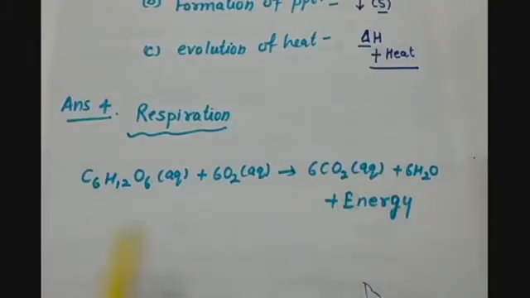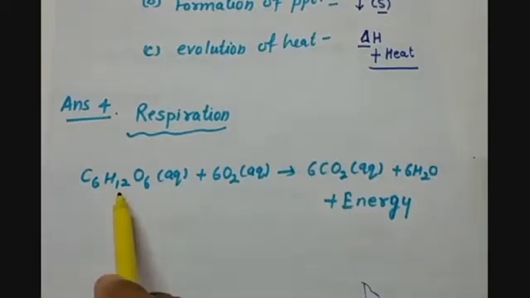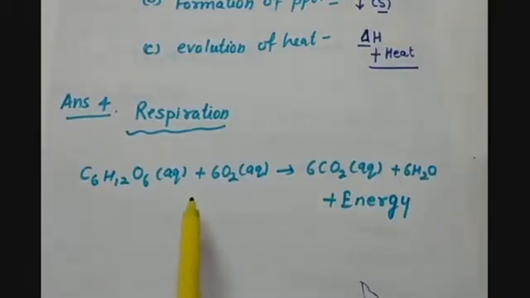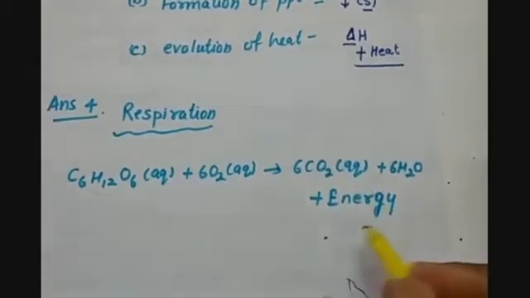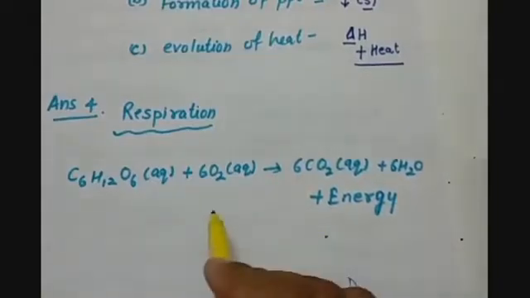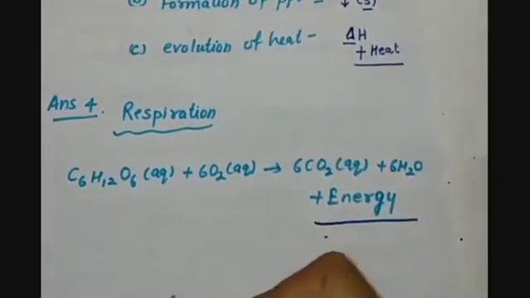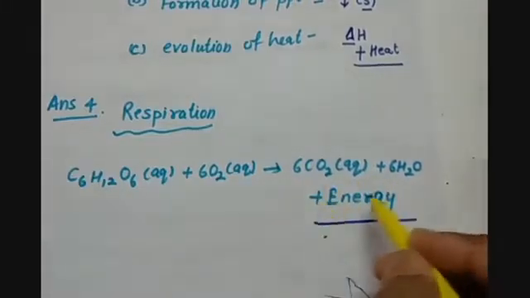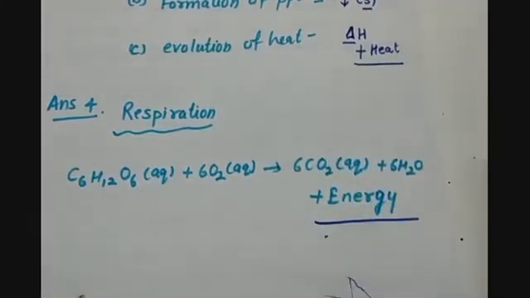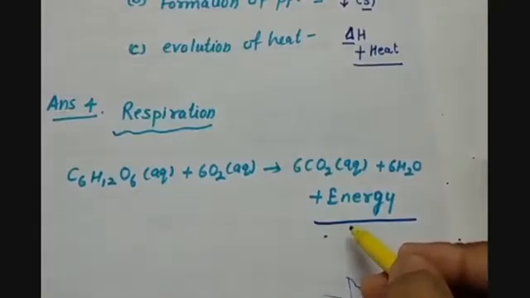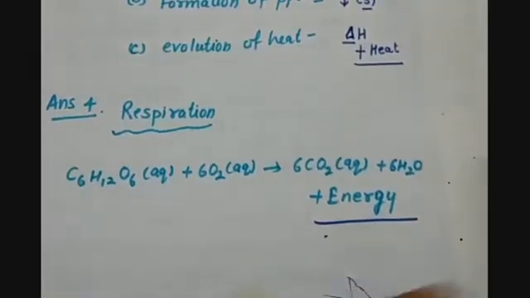So here a combustion reaction is happening, because oxygen is there to break this down. That is why this reaction is called an exothermic reaction, because with the help of this reaction, production of energy is happening. This is the energy which we utilize to do various works, and this energy is also taken up by the cells to perform their various works.